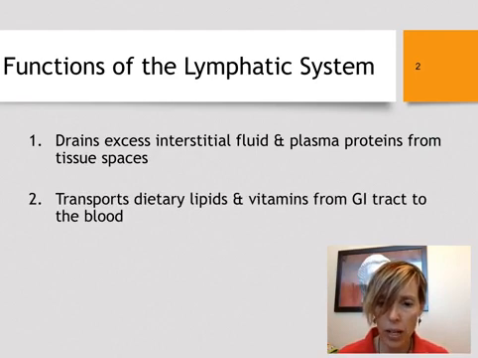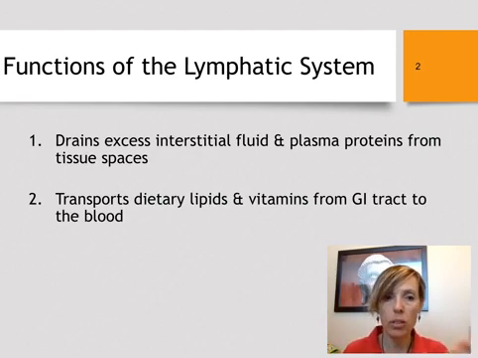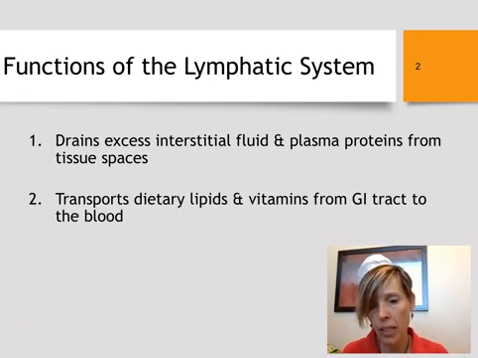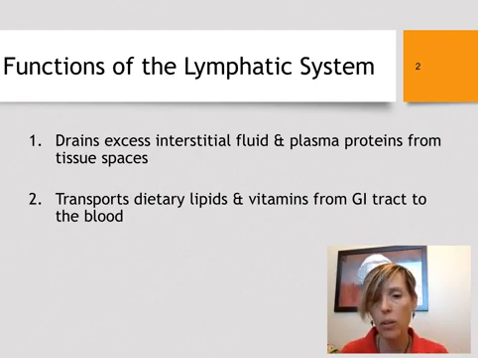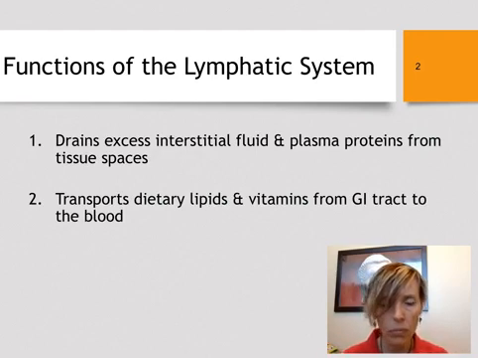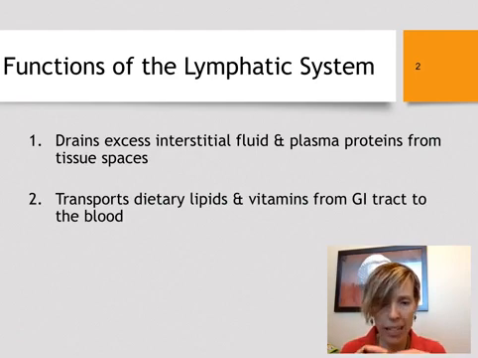Certain things from our digestive tract are actually too large, size-wise, molecule-wise, to enter our bloodstream directly. So what's going to happen is that the lymphatic system will take these in, these dietary lipids and fat-soluble vitamins, and then return them to our bloodstream. But they don't go directly into blood vessels, but rather into the lymphatic system. And then the lymphatic system is going to drain into very large blood vessels where they can then enter into our circulation. And by the way, this mechanism where the lymphatic system can take in larger molecules and substances versus our tiny little capillaries